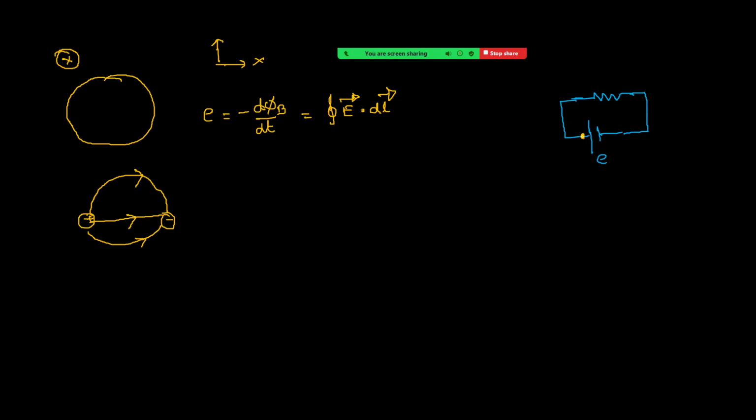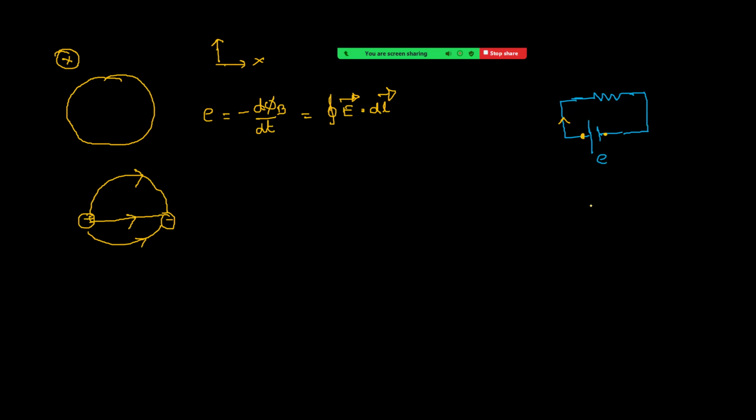So positive charge moves off its own from high potential to low potential. But from low potential to high potential, they cannot move off their own. So here battery is doing work to pump these charges from low potential to high potential. Then only we can expect a continuous flow of electrons, means continuous flow of current. So electric current is now like this. That means electrons are flowing now in this way, opposite, right?